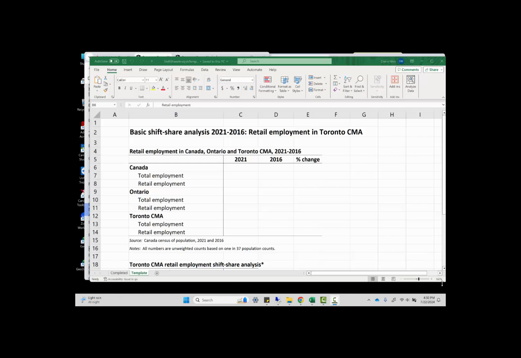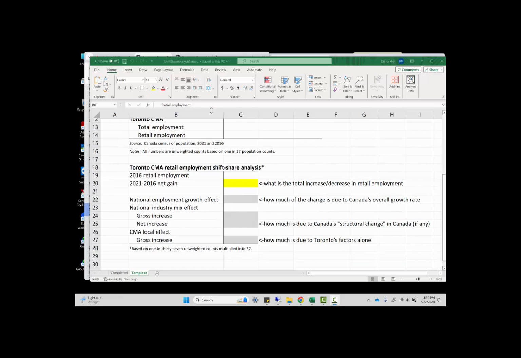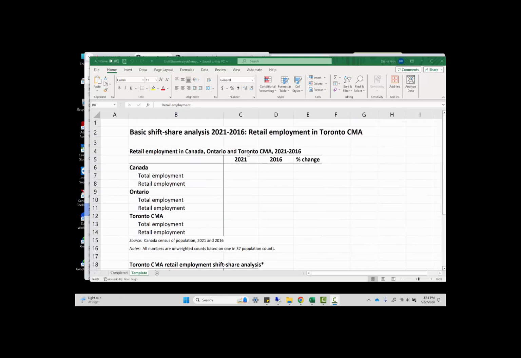In this video, I'd like to show you how to obtain the data from the 2021 and 2016 census of Canada to fill out the first table in the template. Using the numbers filled out in this table, we can conduct the shift share analysis, which will be in the second video. To start with, we are going to use Odyssey, Census 2021 and 2016 to obtain the data